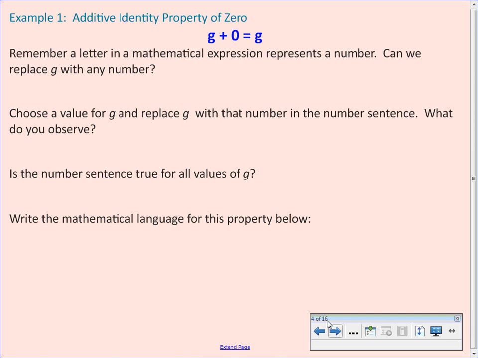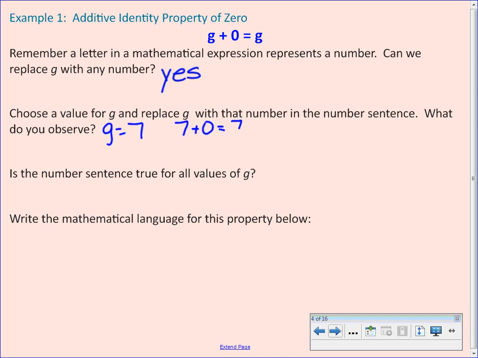Remember that a letter in a mathematical expression represents a number. Can we replace G with any number? Yes, we've discovered that at great lengths already. So let's choose any number for G. If G equals 7, 7 plus